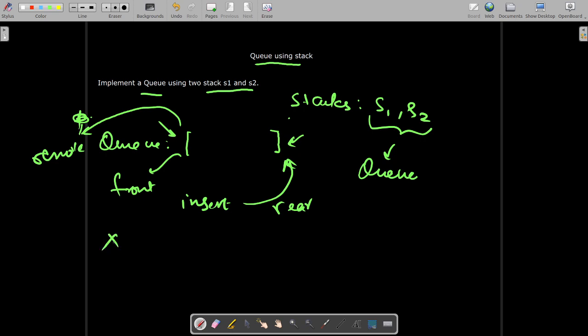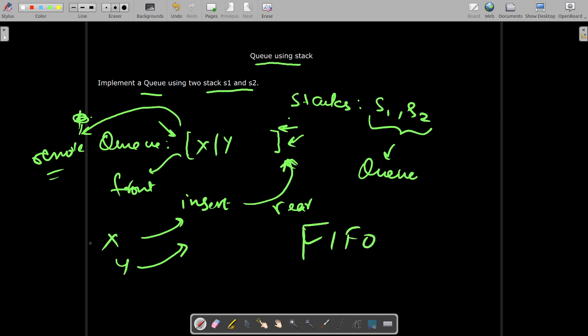For example, if I insert an X, it will come to the rear end, find the empty space, and X will come over here. If I insert a Y, again it will see an empty space and put Y there. What if we want to remove some element from the queue? It will follow the FIFO principle, first in, first out.